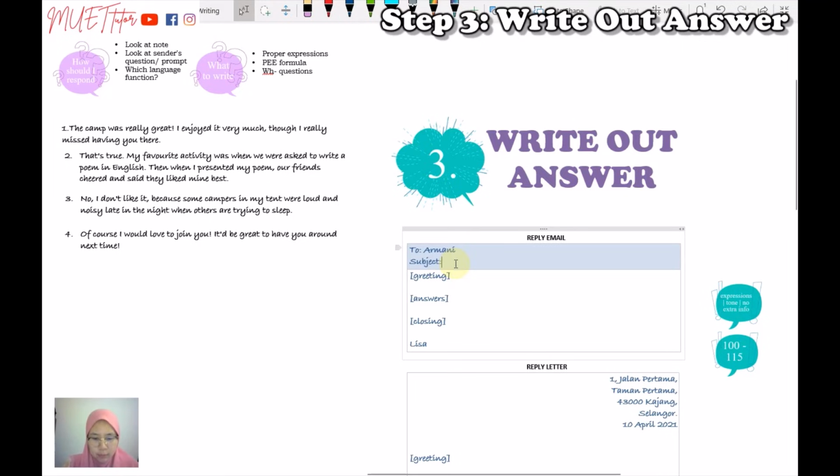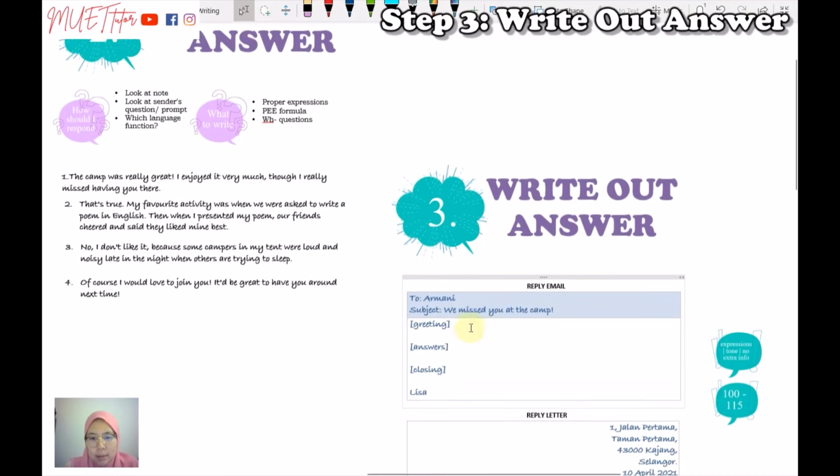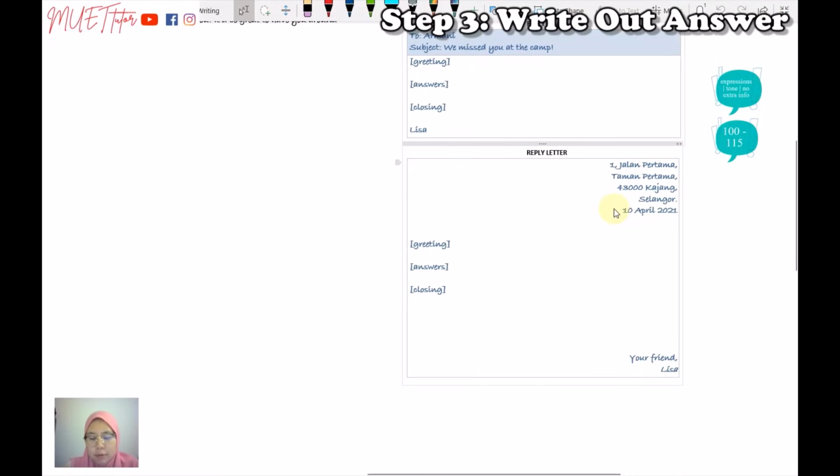For example, we missed you at the camp. Okay. And then end it with a sign off with your name or the recipient name as mentioned in the question, if there's any. A complimentary clause like yours sincerely is not necessary in email, so you can leave it out. Now, if you're writing a letter, what's going to be different from email in terms of formatting is, one,